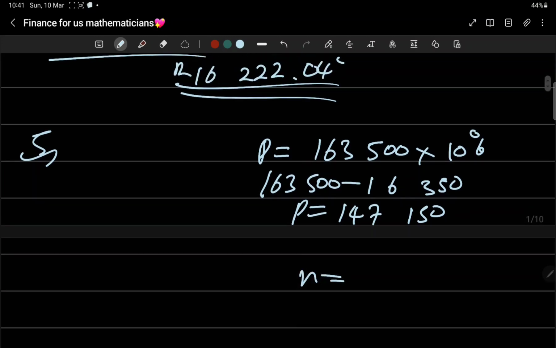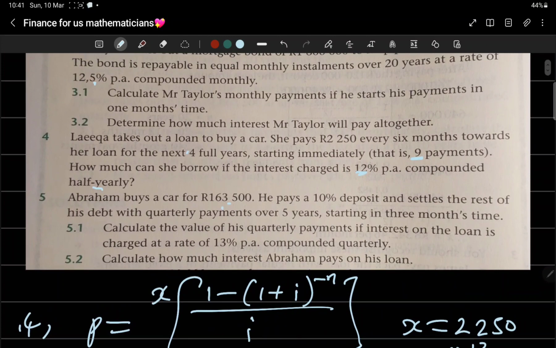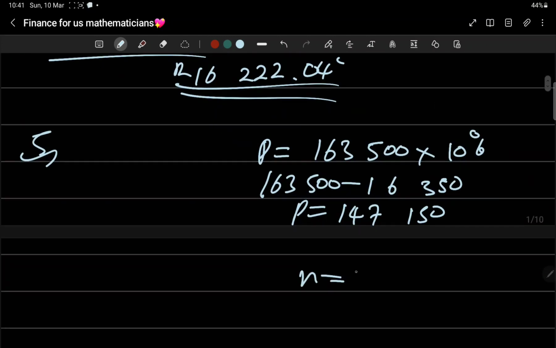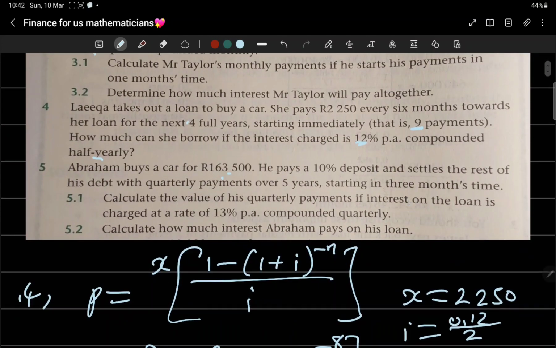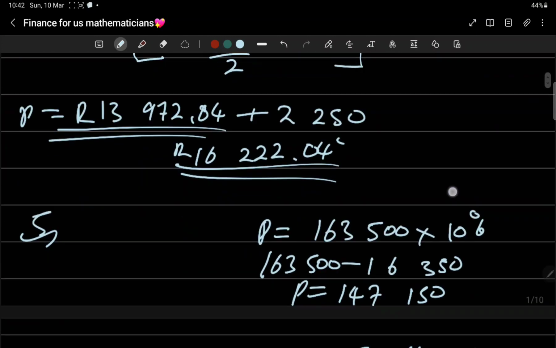N, so we already wrote P. N equals 5. He's paying 4 times each year, so it's 5 times 4, which is 20. Okay, I equals... the interest charge on the loan is 13%. So I is 13% quarterly, so